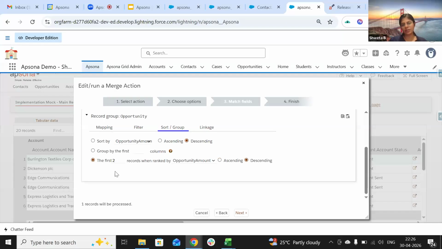If you guys remember, till last month, we just had two options under sort and group. One is sort by the opportunity or any field, or group by the first few columns. Now we have this new feature: the first n records, when ranked by any of the fields you selected, you can do ascending and descending